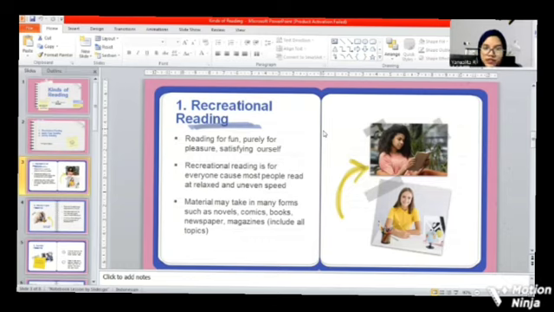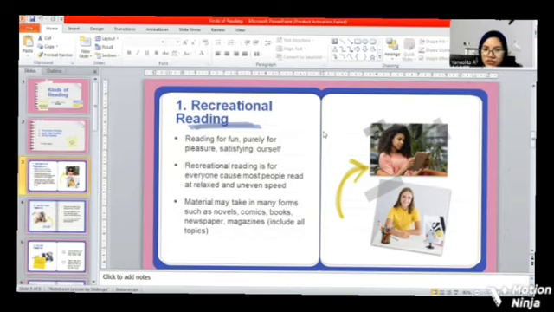Recreational reading is reading for fun, purely for pleasure, satisfying ourselves. So recreational reading can provide hour after hour of enjoyment. When you're reading a story, it really just gives pleasure to the reader. And recreational reading is for everyone, literally everyone,